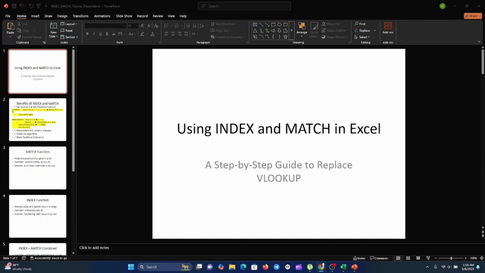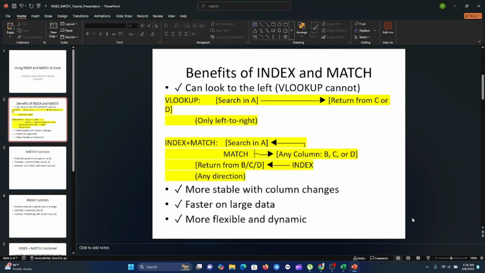So this video will explain what each function does, how to combine them effectively, and what mistakes to avoid. Without wasting time, let us go to the benefits of using the INDEX and MATCH functions in